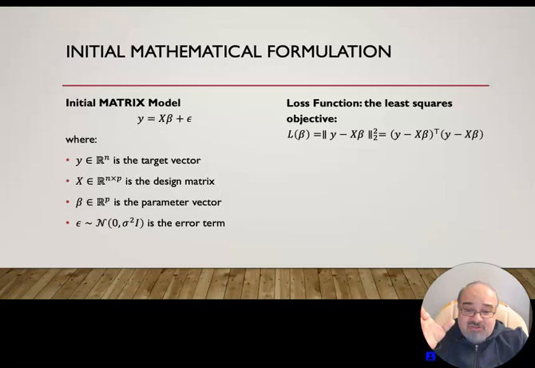And this loss function measures how wrong our predictions are. The loss function of beta measures the total error between our predictions, which are x times beta, and the actual values, which are the y. And the smaller the values for that loss, the better the predictions we have. And this is the least squares objective. The least squares here refers to minimizing the sum of the squared differences, because we're finding the beta that minimizes the squared errors. The right side, y minus x beta transpose times y minus x beta, expands to exactly the